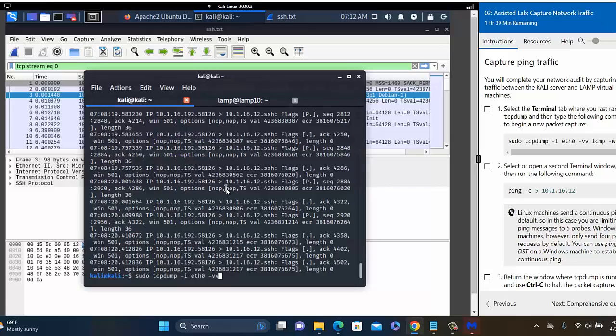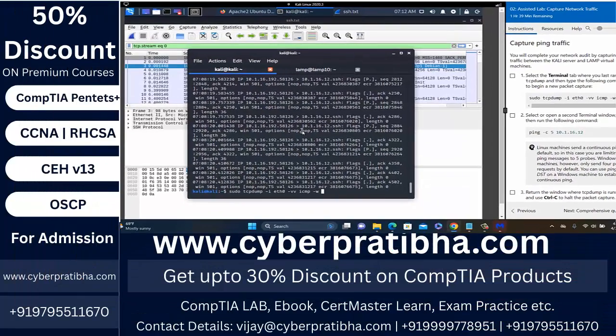Now I am using the protocol ICMP. We have described the TCP protocol, the UDP protocol, and we have discussed the ICMP protocol as well. Yes or no? ICMP is used in ping and traceroute, right? So I am using -w and saving into the file ping.txt.